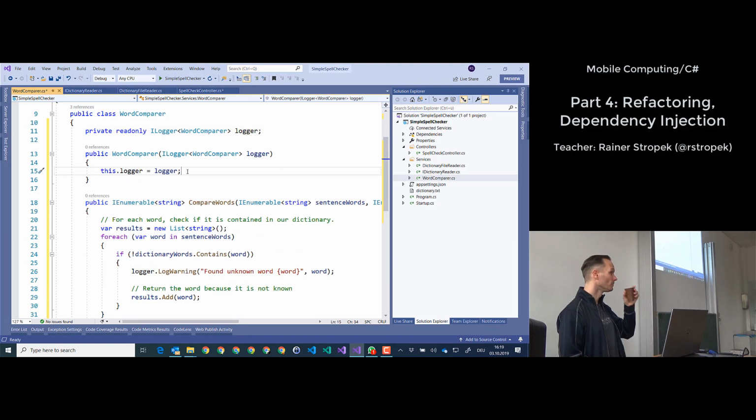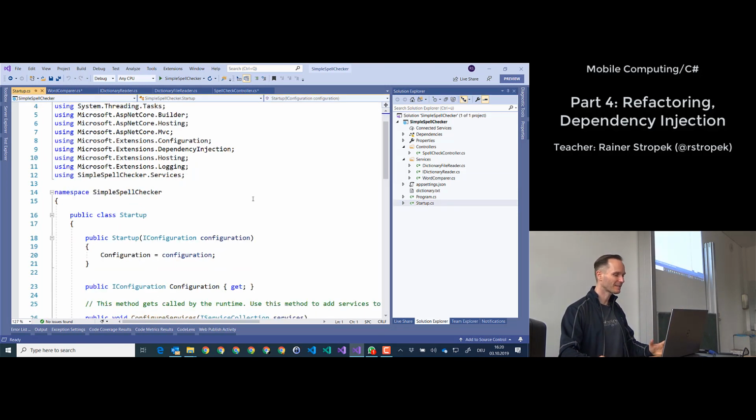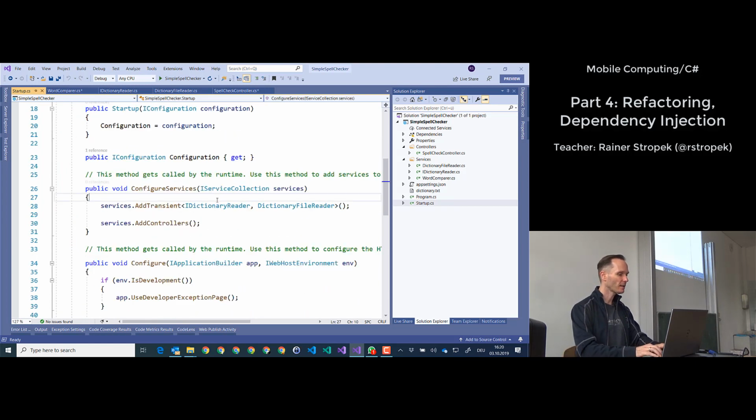Next one. Create an interface IWordComparer or something. Okay. We create an interface IWordComparer. By the way, it is not absolutely necessary to create an interface. It is best practice, but please don't do what I do now because it's only half beautiful, but it's theoretically possible. What we can do is we can say